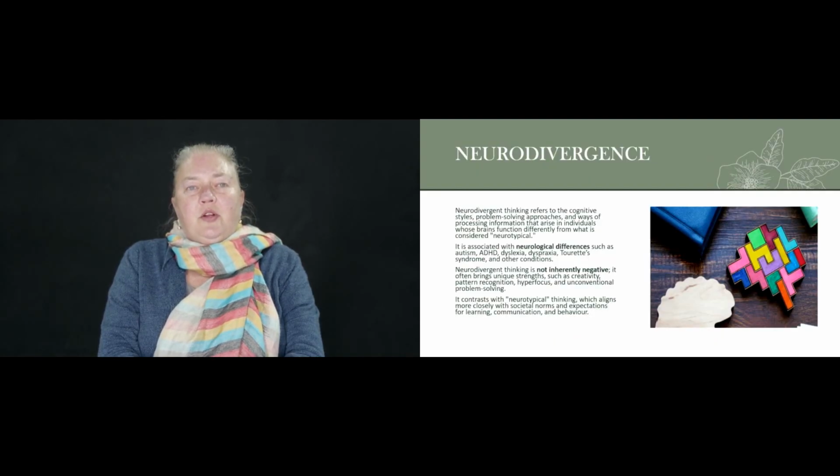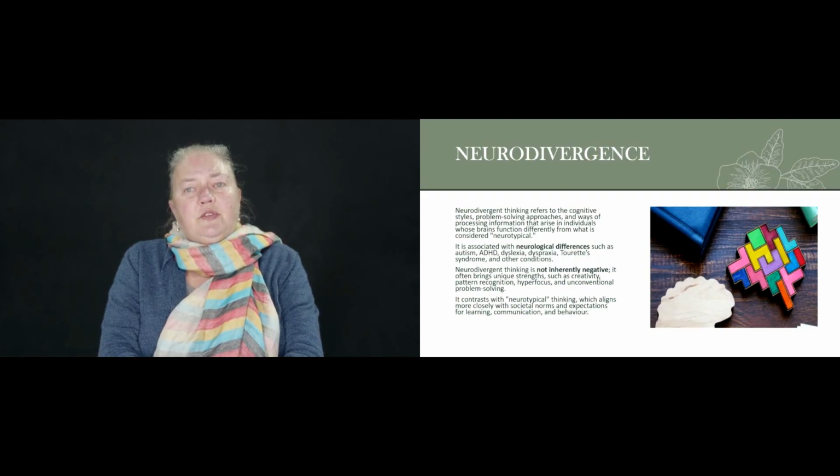Now, when we talk about neurotypical and neurodivergent thinking, neurotypical are people who are developing according to evolutionary norms. They're developing in the way we would expect. Neurodivergent thinking refers to cognitive styles that are different from neurotypical. They're often associated with neurological differences, such as autism, ADHD, dyslexia, dyspraxia, Tourette syndrome, and other conditions.